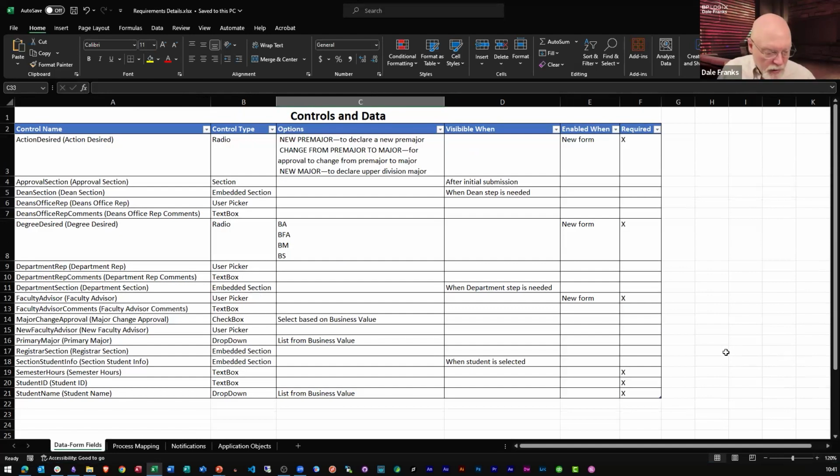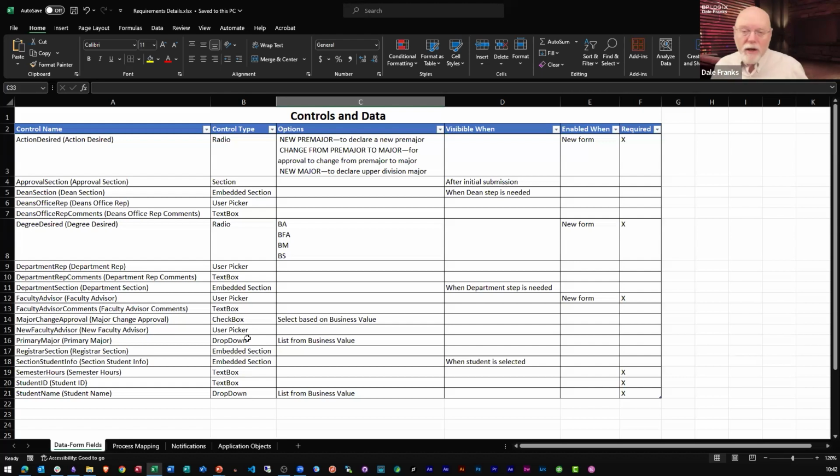So in this particular case, we're looking at the form itself and how the form is going to be built. So we have some things that we need to know. First of all, what is the data that we are collecting on that form? So far, we've talked about the process. I want the student to submit this, and the faculty advisor looks at it, and then it goes to the registrar's office, and the major gets changed, and he gets a new faculty advisor. Yay. That's the process. Okay, what is going to make this process work? What information do we need to use for making this process work acceptably?